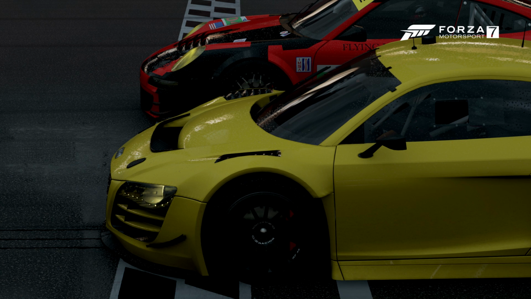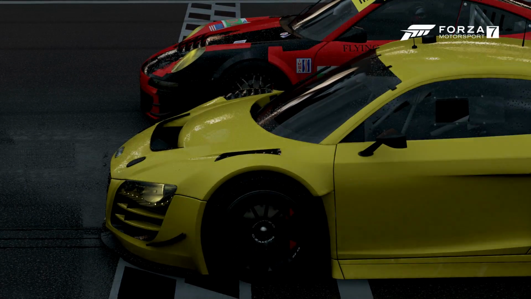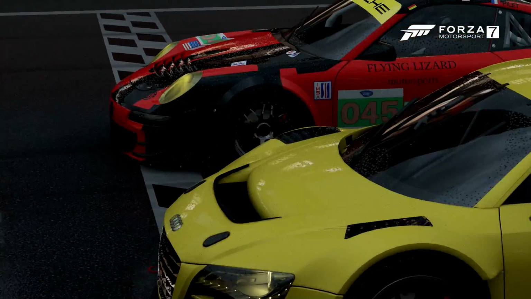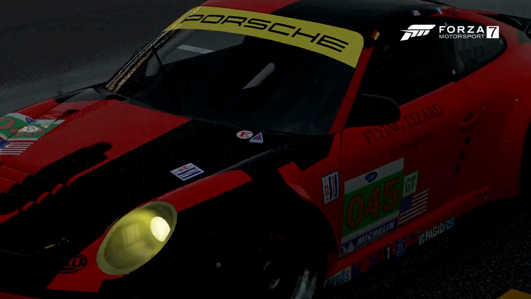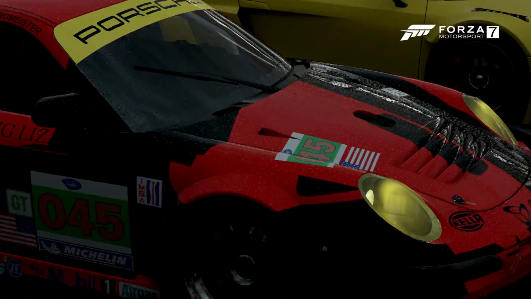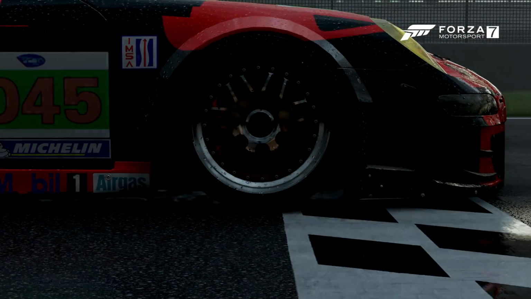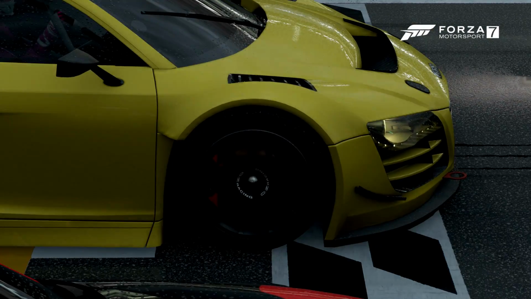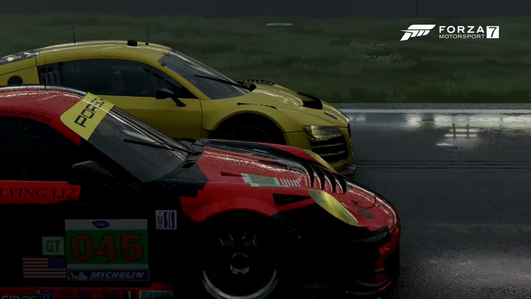Now, we have seen in previous Forzas, and I would assume it's the same story here, that it measures the cars where the front wheels cross the line. And, well, these two are pretty much measured as a dead heat. I don't know how the game decided. I think, if I remember rightly, their finish times were identical between the pair of them. They're literally both on the line. The Porsche did get it, and it was a